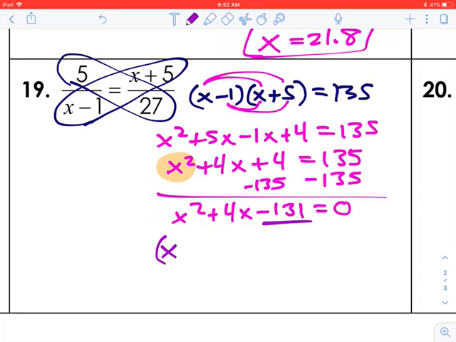One of them is going to be positive, one negative. So going through the factors of 131, I have 131 divided by, let's say, 7, 131 divided by 9, 131 divided by 11, 131 divided by